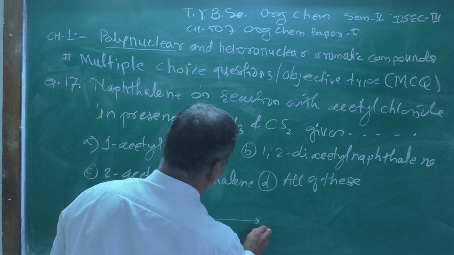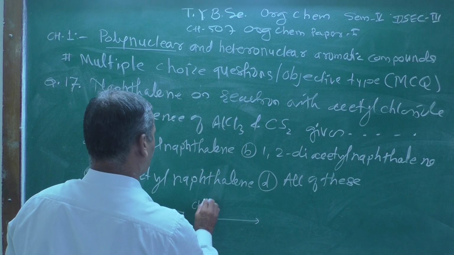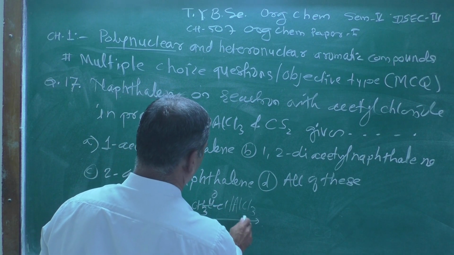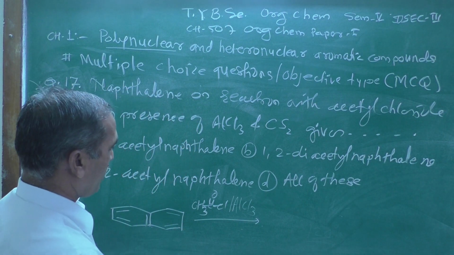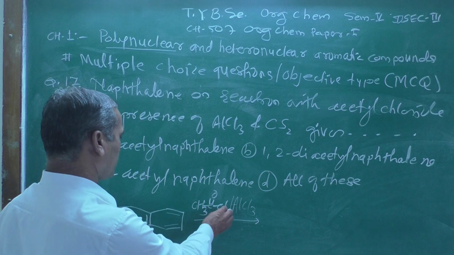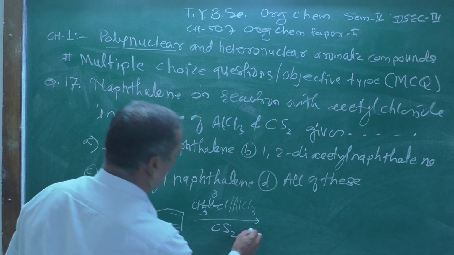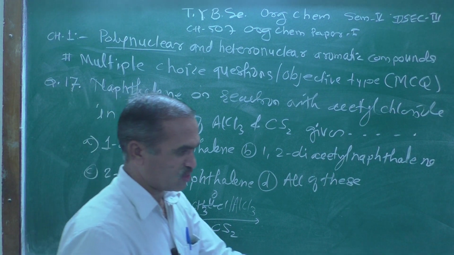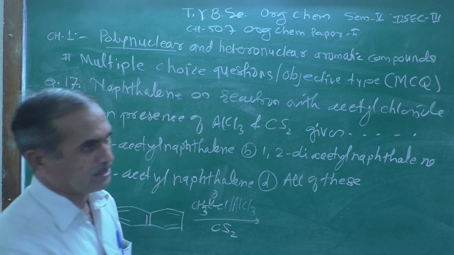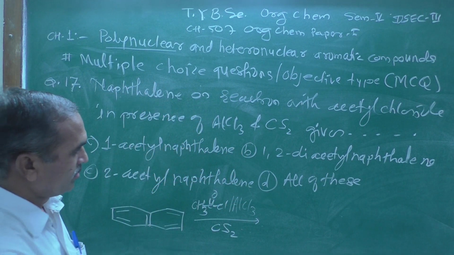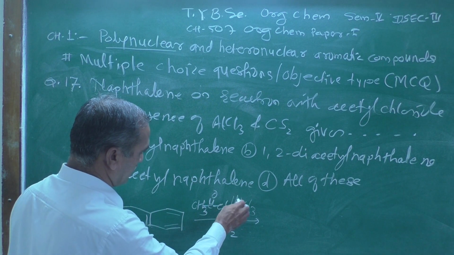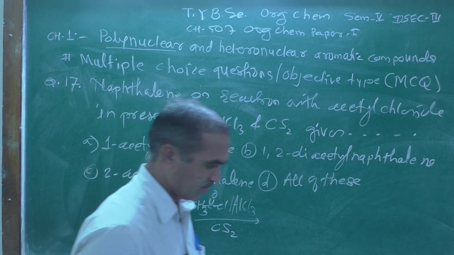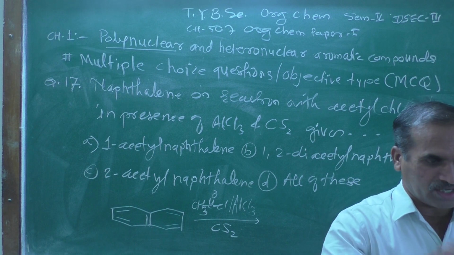This is the naphthalene when it is treated with CH3COCl in presence of AlCl3, which is one of the famous reactions as we know. But here the solvent plays an important role. If you change the solvent, the product would be different. So here, even though it is a Friedel-Crafts reaction, as we know, generally at the beginning while studying,